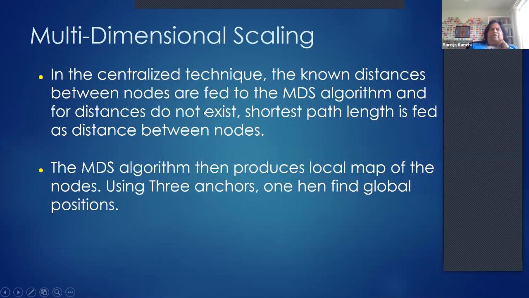Finally, since I mentioned multidimensional scaling, I just wanted to talk a little bit more about it. It's basically a centralized technique, or it could be a distributed technique, where we have to give distances between each node, and then it minimizes the error to find a map of that entire network that we give. Obviously we don't have all the distances. For the distances that we do have, we provide them. For the ones that we don't have, we could use the shortest path length. Of course, MDS has some error built in because we are providing the shortest path length, and one can talk about the accuracy of MDS localization, etc.